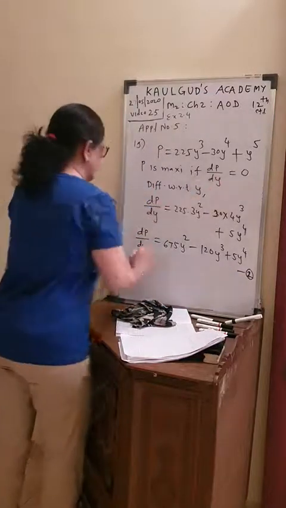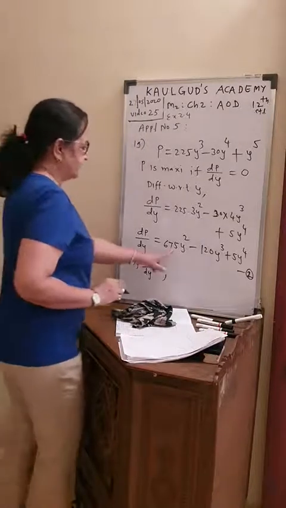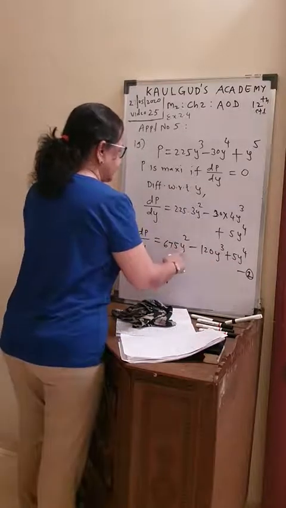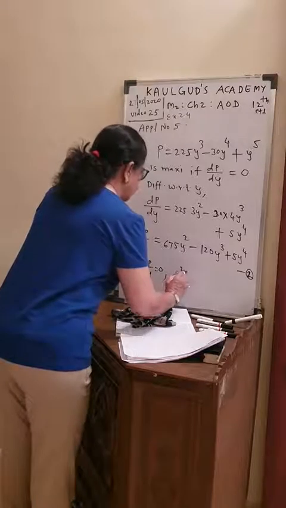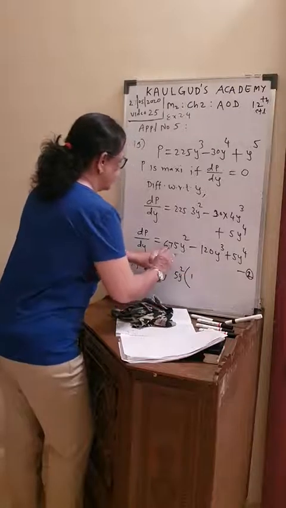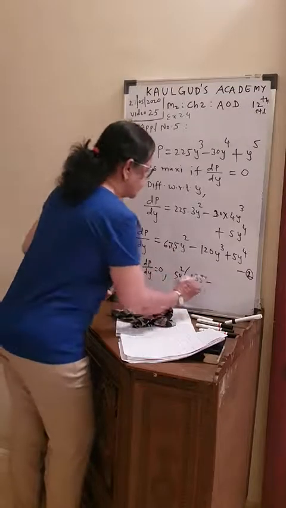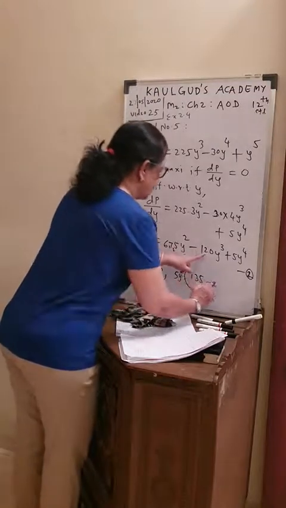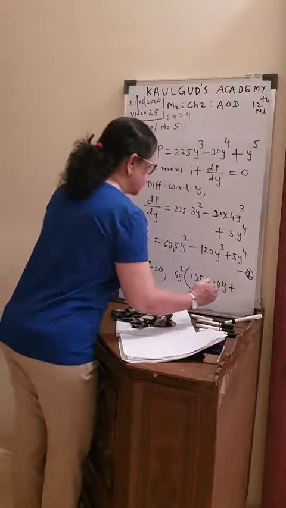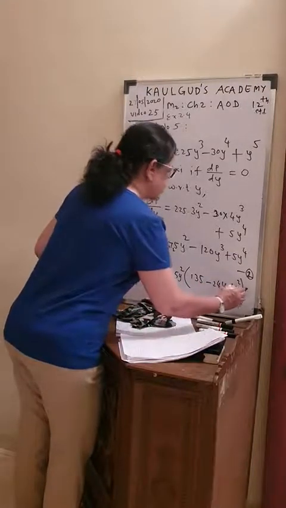Now we want it to be 0. So if dp by dy equal to 0, then all this will be equal to 0. Now when I write this, I'll keep 5 as a common factor and y square is common. So 5y square I'll put common. You have to divide by 5: 5 ones are 5, 5 3s are 15, 5 5s are 25, and y square has come out. Then minus 120, 5 24s are 120, and out of y cube, y square has gone out, so y plus 5 has gone out and y raised to 4. From y square you get y square. And that should be equal to 0.